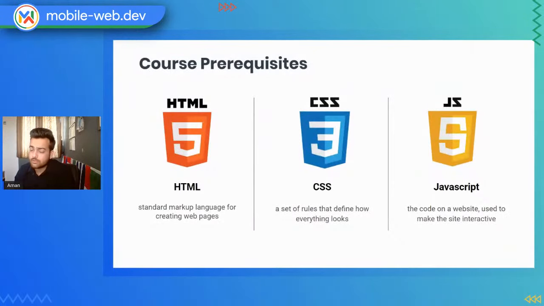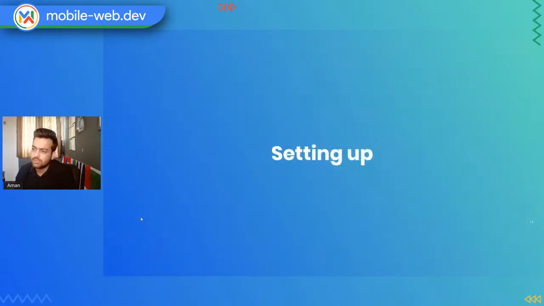Some of the course prerequisites that you should already know: you should know a little bit of HTML, the basic stuff. You need to know CSS if you want to apply advanced styling. And you should know a little bit of JavaScript, not that much. We will not be using a lot of JavaScript, as everything is built into the components. Basic knowledge of AMP HTML will also apply to the component structure in AMP stories.